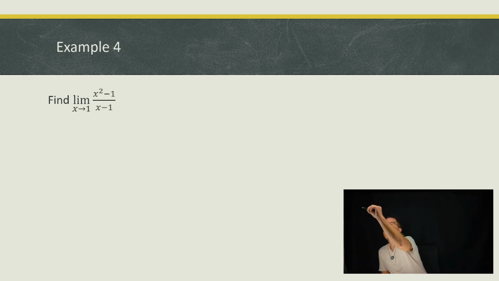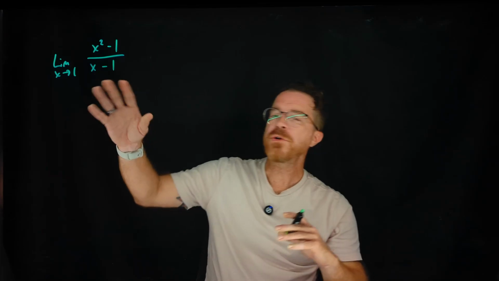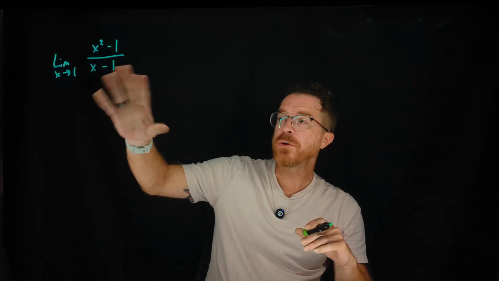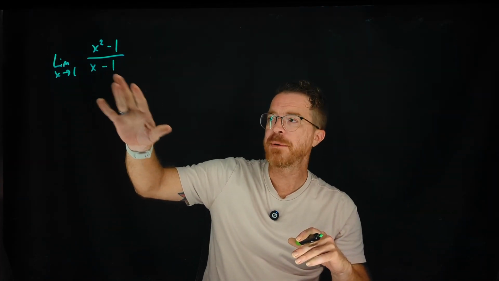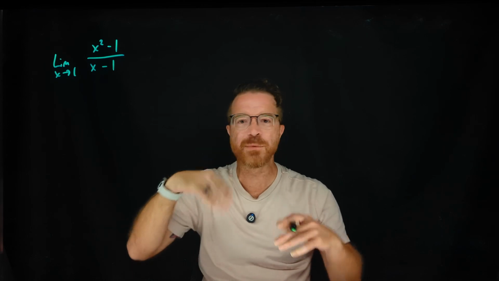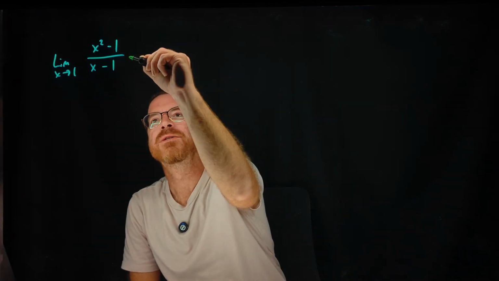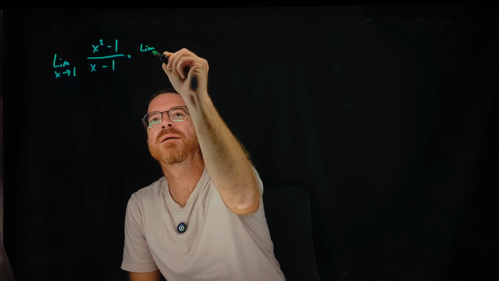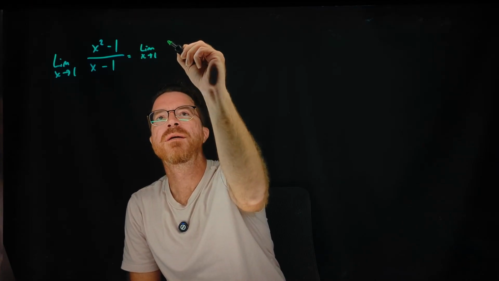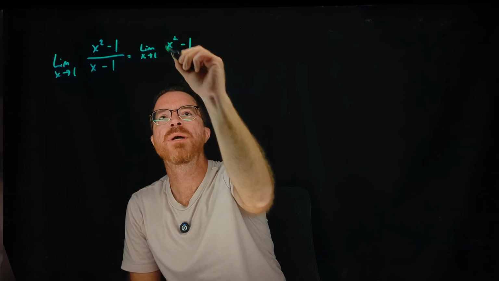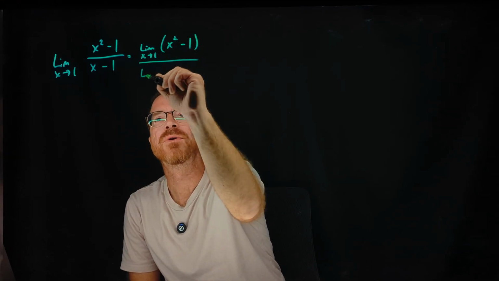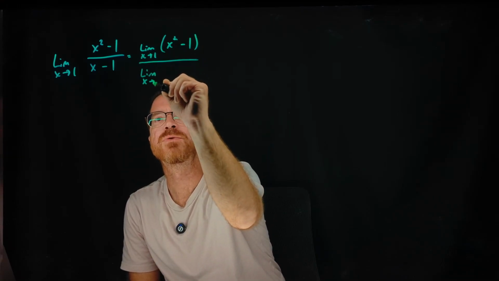For our next example, we're looking at what is the limit as x approaches 1, x squared minus 1 over x minus 1. First thing I'm going to do is break this down just like we did before, and I'm going to be a little bit quicker on some of these, just because now that we've been talking through the rules, we're going to look at whether we can do it without necessarily showing every single step. So this might be the limit as x approaches 1 on x squared minus 1, and this will be over the limit as x approaches 1,